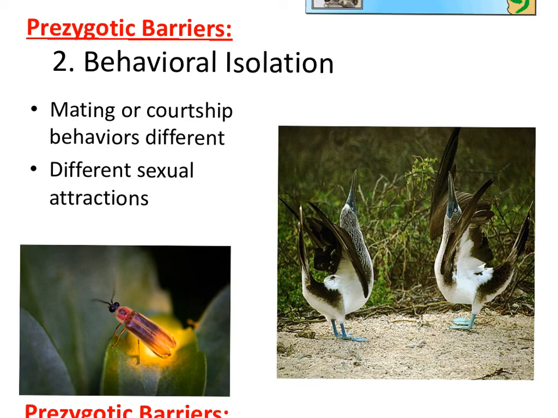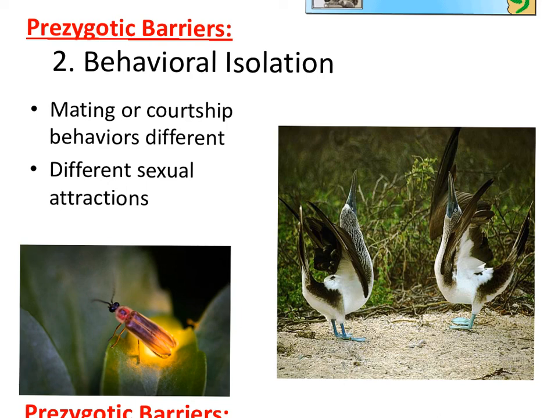Examples of this are a lot of really weird bird mating dances. Birds stomp their feet, they puff up their feathers, they run around in circles and do all this squawking. There's a lot of weird behaviors that different birds have to attract a mate. And a bird of another species wouldn't find that attractive and thus wouldn't mate. It's usually the male who's trying to attract a female. So the male is doing some weird behavior to get the females to mate with him, but a female of a different species wouldn't find that attractive and thus wouldn't mate with him.